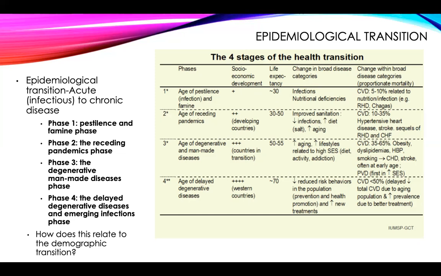Aging, people are living longer. People have better lifestyles because the SES of the country as a whole, the economic stability, the general lifestyle has improved. And we mean this in terms of their diet, in terms of their living conditions. But some of these degenerative and man-made diseases, we start to see them appear because of this improvement in lifestyle. So diet is improved and you're no longer malnourished, but maybe you're eating the wrong things. And that's leading to things like diabetes and hypertension.